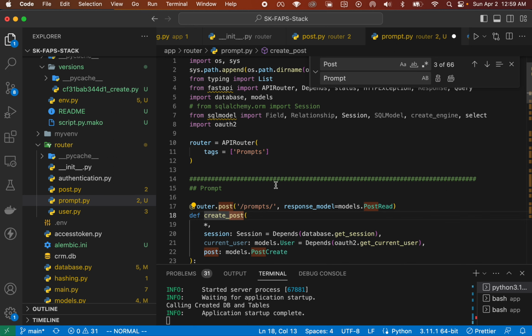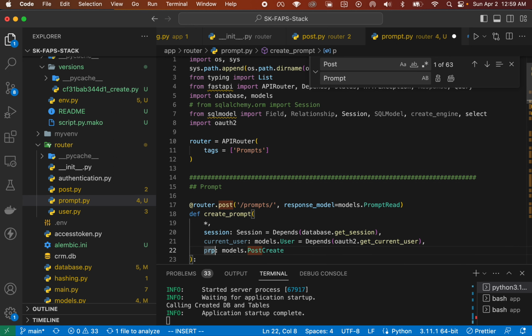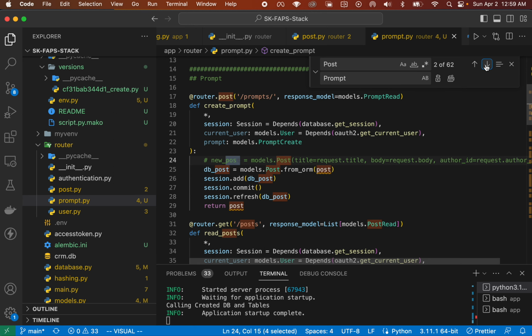This should be lowercase, so we can do it manually. This is prompt read. Post is